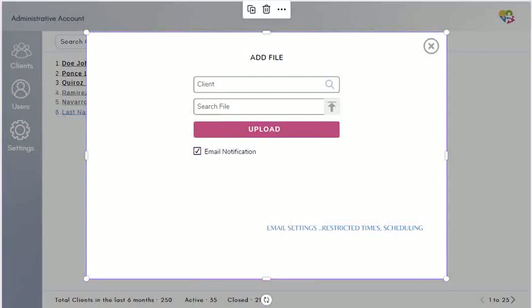So if I have it off, this automatically will be unchecked. If I have it on, automatically it will be checked. But I have the option here to uncheck it, right? And if I uncheck it, this one doesn't change the default. It just changes it for this particular upload, right? That's the whole point. So I don't change the default, that's in settings, but I still have the option to uncheck it here if I don't want the email notification